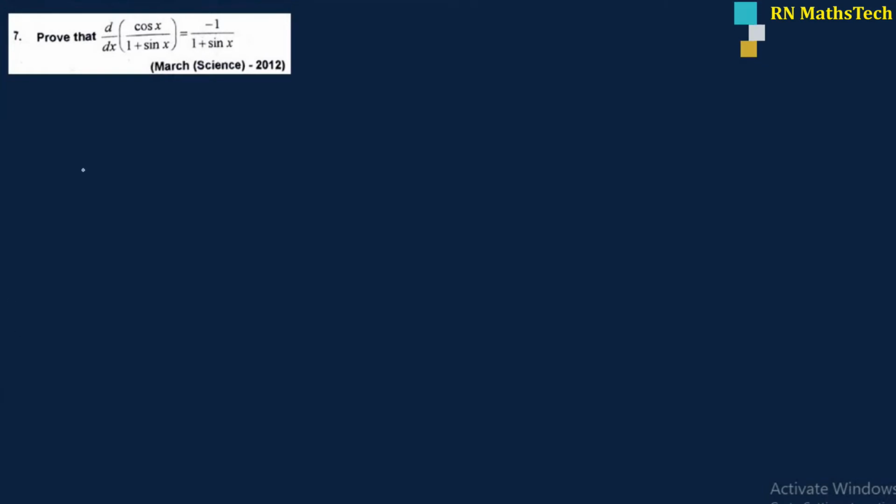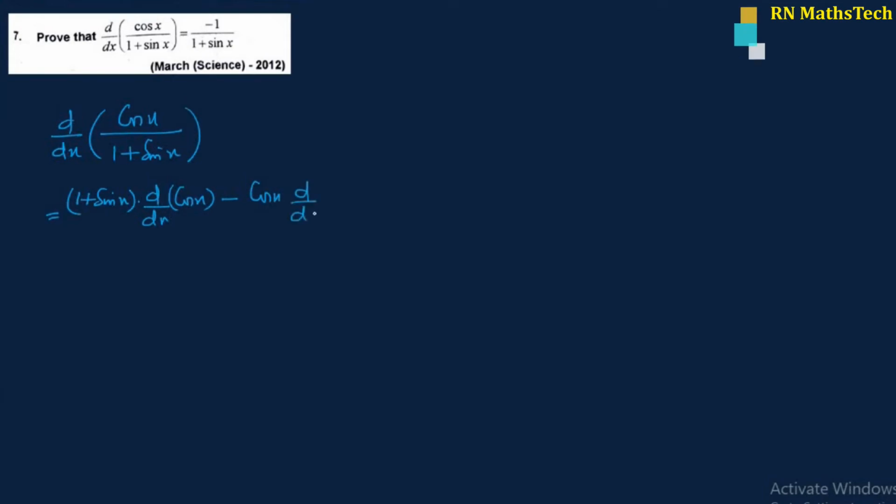Next one, prove that d by dx of cos x divided by 1 plus sin x is equal to minus 1 divided by 1 plus sin x. So we can apply the quotient rule: denominator 1 plus sin x into d by dx of cos x, minus cos x into d by dx of 1 plus sin x, the whole divided by 1 plus sin x